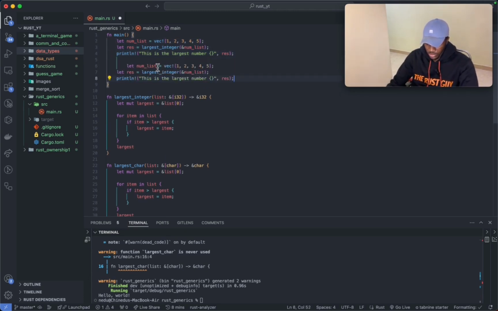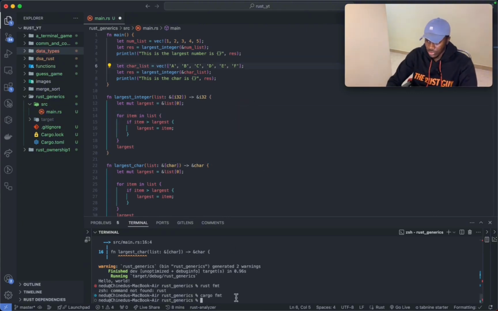So here I'll call it largest, okay, num characters on char list, and in that place I'll pass in some values. I'll say a, then I'll pass in similar to what we just did, so there's not much difference. So character is, I'll say the largest character. So I'll save this, and then